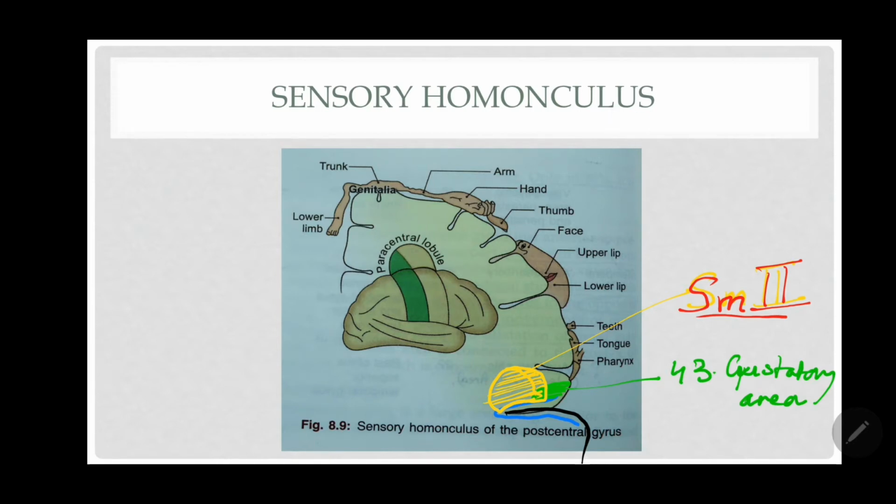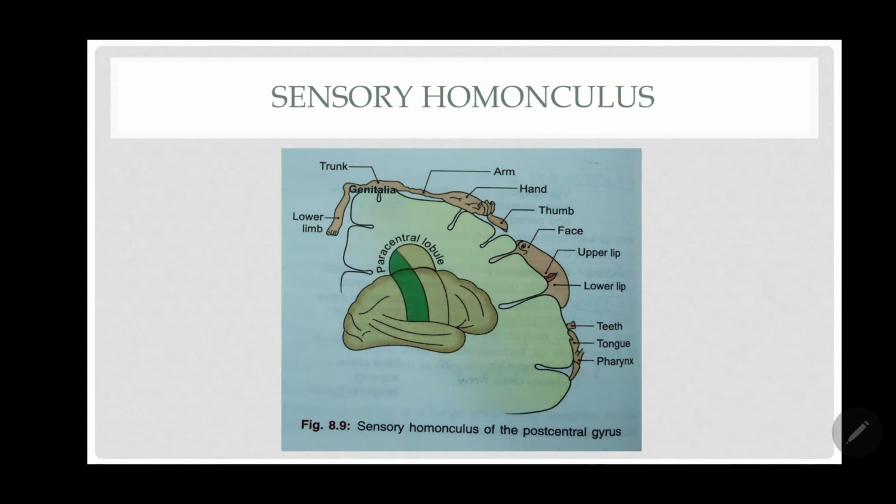And because I have drawn this diagram here, why not cover something else also? Now, this area you are seeing is present on the inferior surface of the posterior ramus of the lateral sulcus, and it is reaching onto the inner surface as well. So this is the primary auditory area, area number 41 and 42. Okay, so you have got to know enough of this.